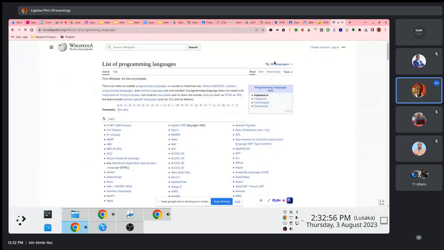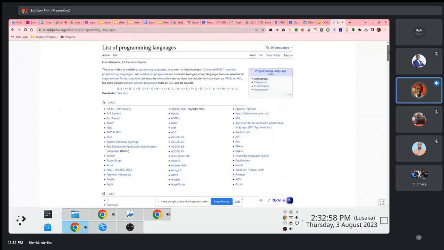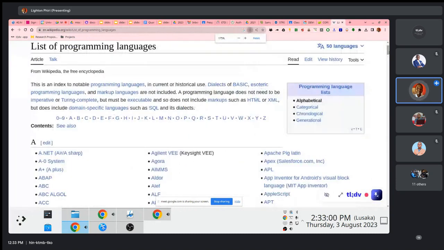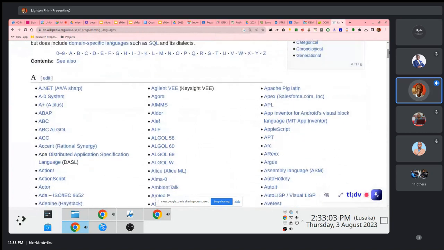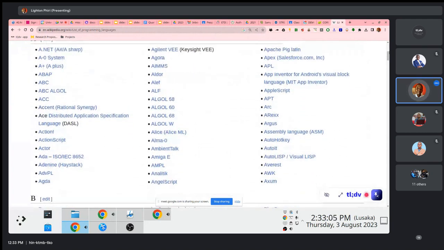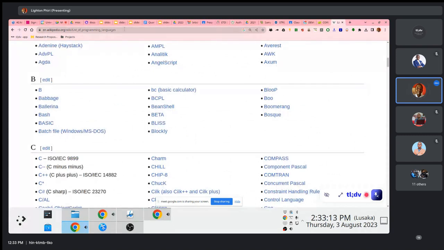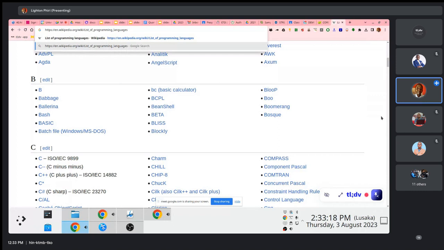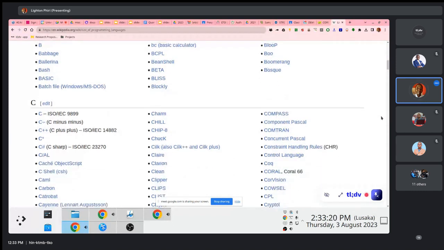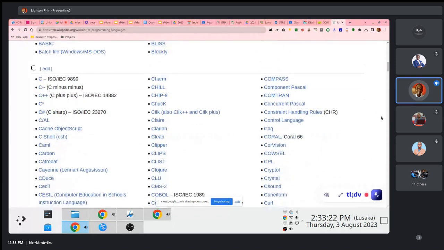So people that specialize in the art of writing software have the option to choose all of these things you're seeing on the screen. I don't know if you've heard of people talk about things like Visual Basic or Java or JavaScript. There's quite a number of them. If you look at this Wikipedia page here, the first bit here is just showcasing these languages arranged in alphabetical order, right? Even I myself have not used some of these things.